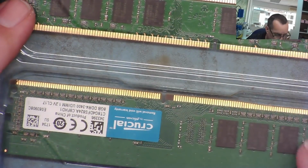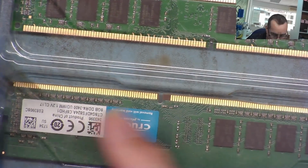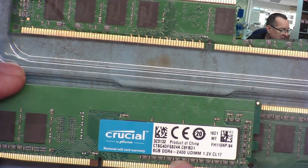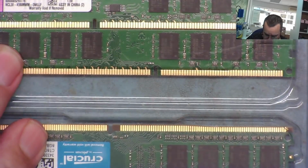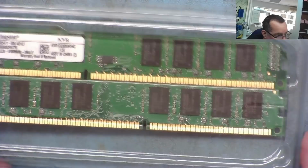We also have in here, and I've not checked this yet, an 8 gig DDR4 2400, and I also have this one which is very similar, 8 gig DDR4 2400. So I have two of those, Crucial, and we can test these in the one we've just fixed, so we can get those ready to check to see if they're actually any good or not. So I'll just take this out of here. Then I also have here